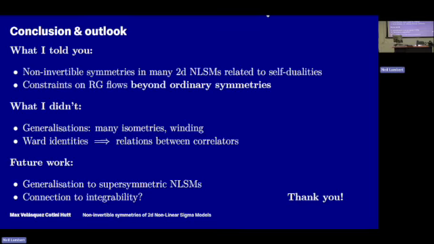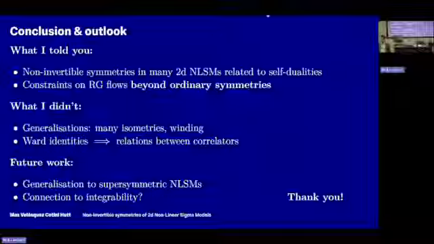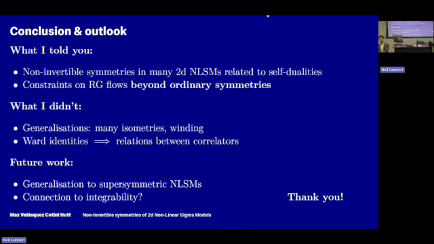So the naive answer is that's probably not possible. The reason is that in order to have some control over what's going on, and certainly for the theorists to be happy, this thing needs to be finite. If I start gauging some non-abelian finite group, then what I get in the dual is actually a non-invertible symmetry itself in the bulk. I'm not talking about the duality defect that I construct. It's just true that in any QFT, if I start with a finite non-abelian symmetry and gauge it, it becomes non-invertible.